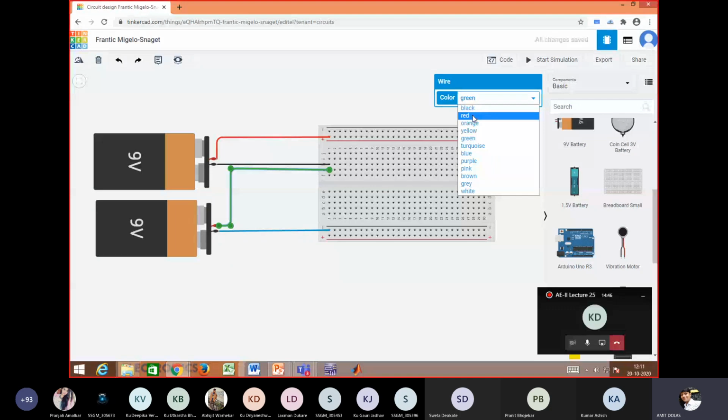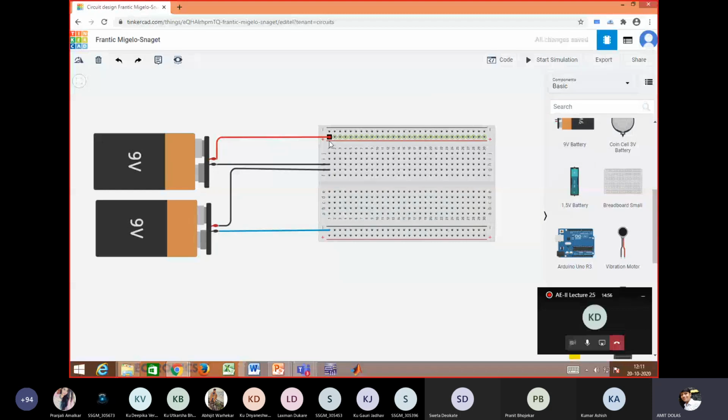Again, I'll use this black. Now again repeating, this complete line is positive power supply of 9 volt. This complete line is the ground. As I combine positive of one battery and negative of another battery together, it will be treated as ground. And this is negative of another battery, so negative 9 volt supply is available on the line which is shown in the picture.